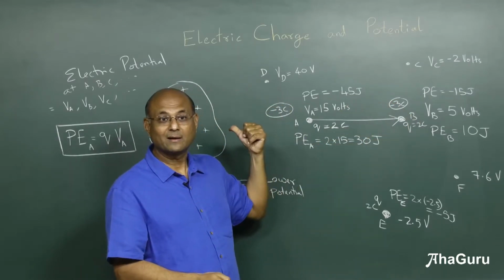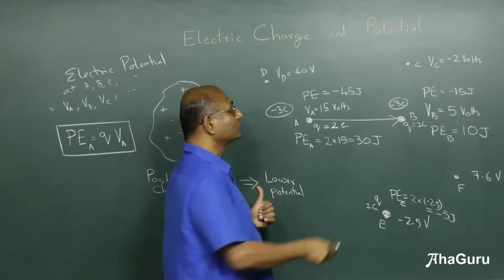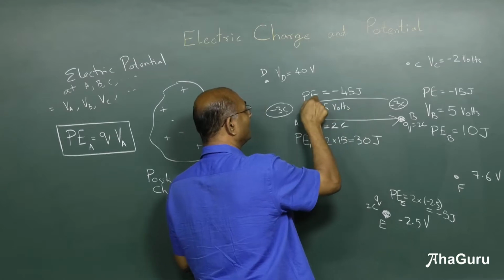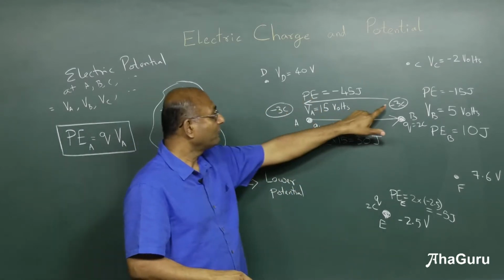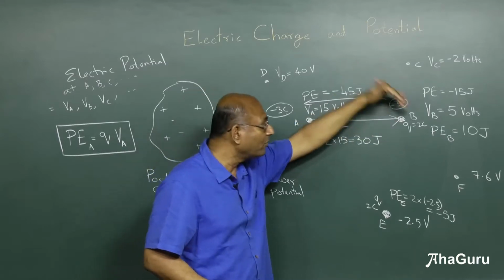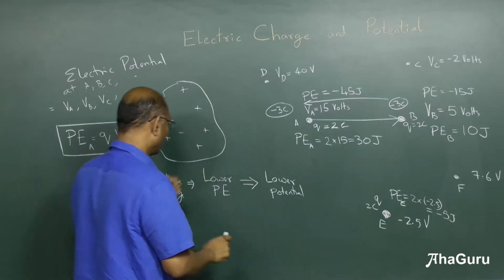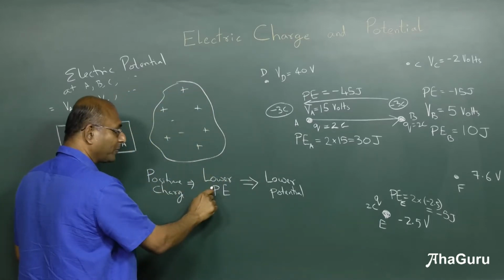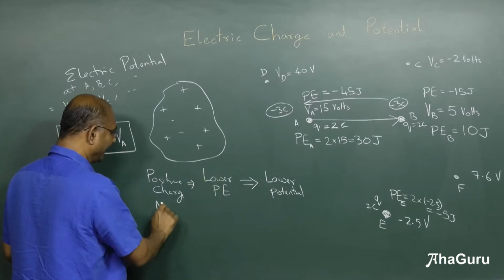Which is lower? Remember, everybody wants to lose energy. So which is lower? This is lower. So this charge, negative charge, will move in this direction. Understood? So for a negative charge, lower potential means higher energy. So positive charge, lower potential energy means lower potential. No confusion at all. For a negative charge,